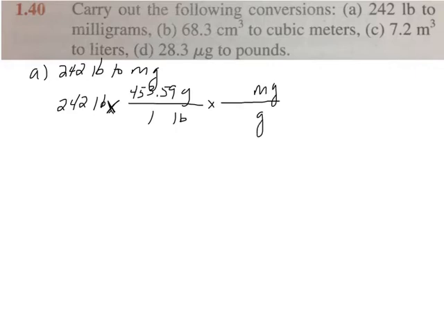is on the bottom. Milli means 1,000th, right? So, you could write it as 1 milligram is 1/1000th of a gram. But I tend to do this in terms of multiples, big numbers, always using a positive exponent. So 1 gram is 1,000 milligrams. And so to do this, you take the number you have times the top divided by the bottom, times the top divided by the bottom, so on and so forth. So when we do this, we get